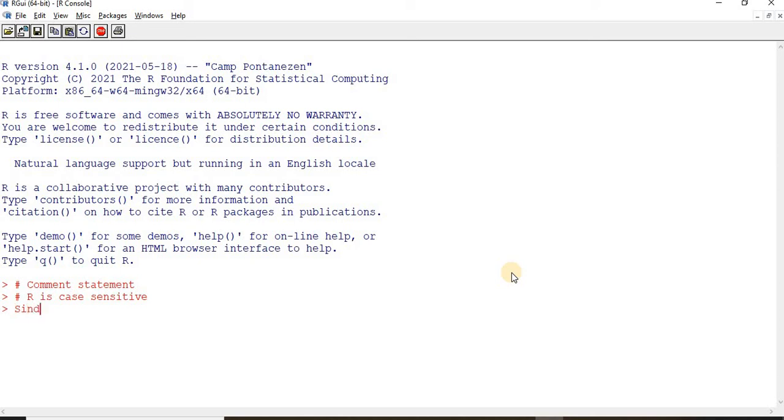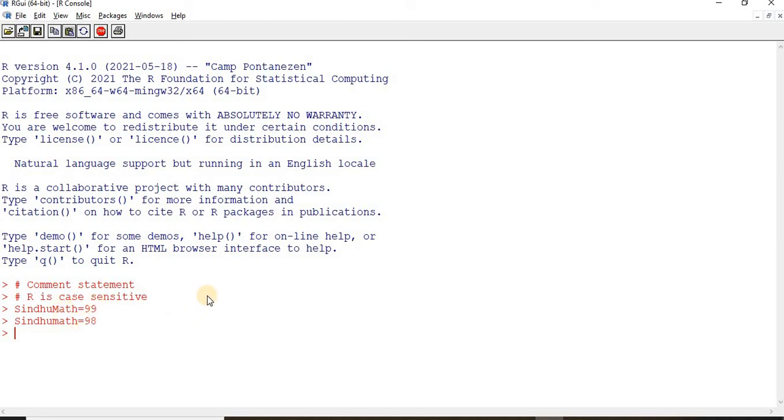For example, say Sindhu Math is 99 and Sindhu math is 98. So I have two variables. This variable has a capital M and this variable has a small m. Now both are two different variables assigned with two different values.